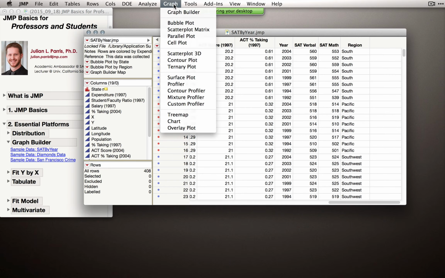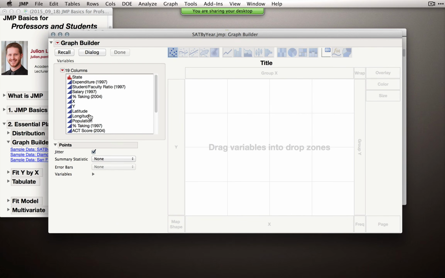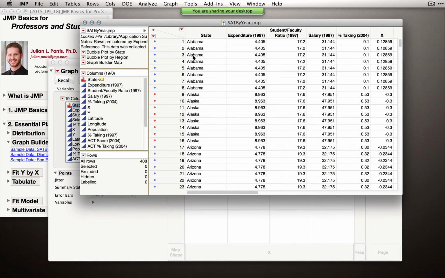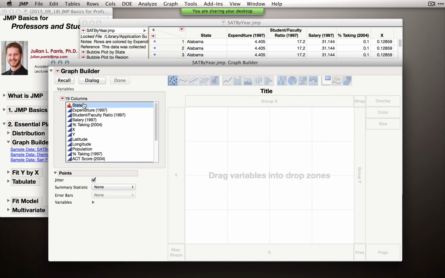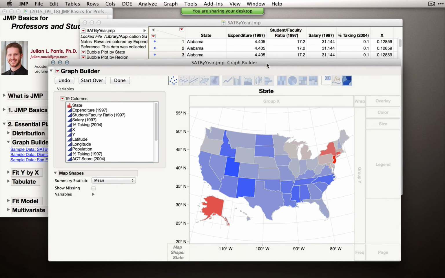Now, what I want to show you in Graph Builder is how we can do some pretty fun things with geographic data. There's a section we haven't used yet, which is called Map Shape. This is a wonderful way to explore geographic data. Take a variable like state. Notice in my data set, I have a variable that just says what state we're in: Arizona, Alabama, Alaska, whatever. I'm going to drag it down here to Map Shape, and instantly we get the